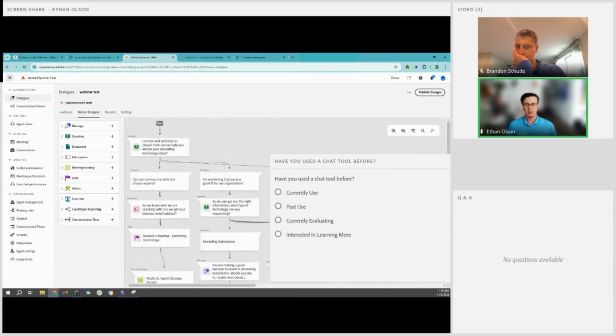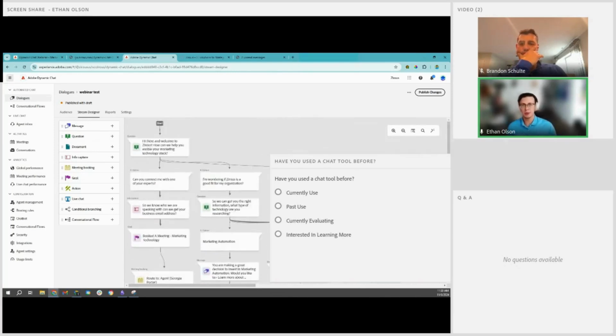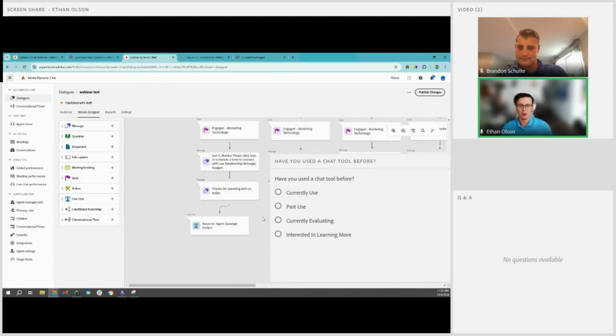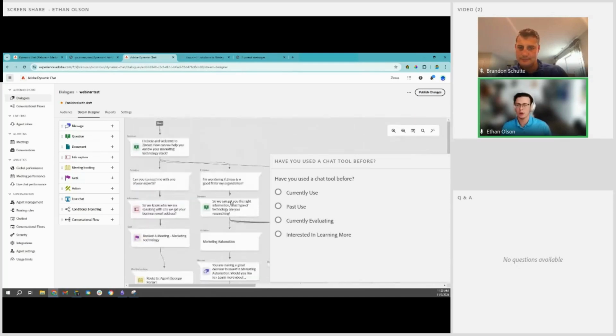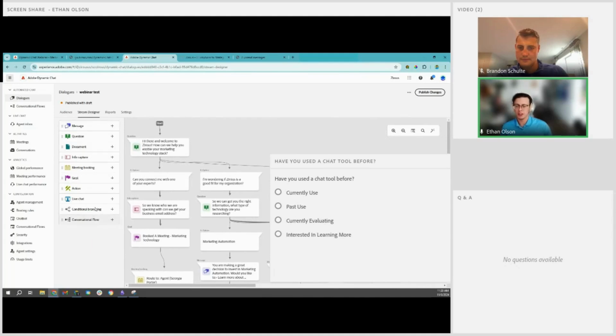So obviously the end goal with dynamic chat is to either get them to book a meeting with your company or get them to be engaged with your company, whether it's sending them an email or booking a meeting with one of your salespeople. That is our end goal with all of these: book a meeting or route to live chat. So we can see here we have a built out flow of many different nodes,